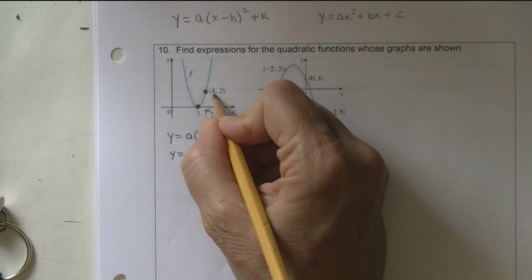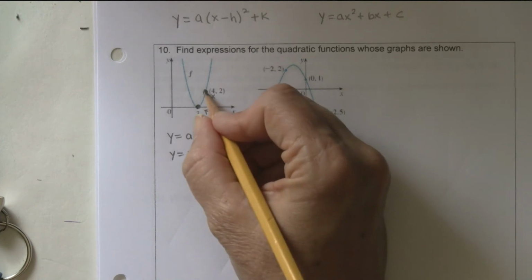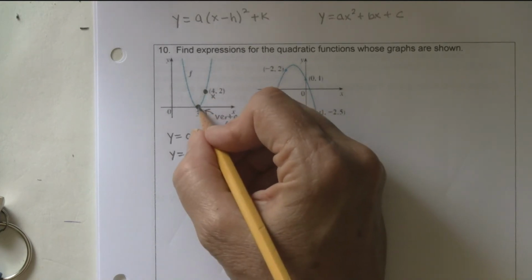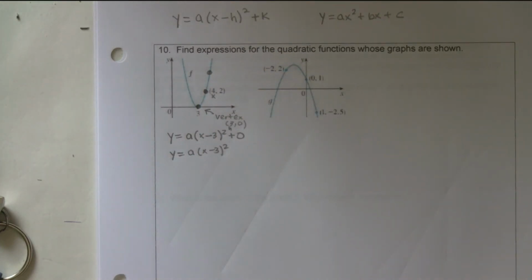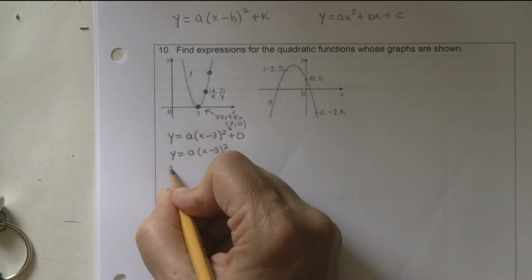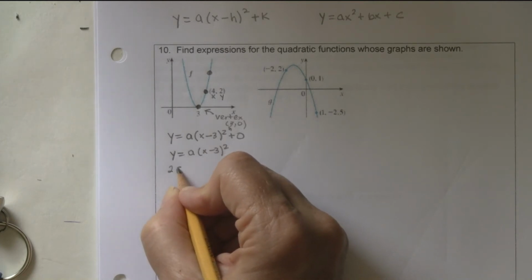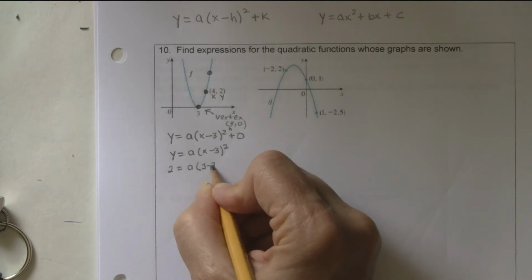So I can put in for x, right? x represents infinitely many values. For this point, x represents 4. And for this point, x represents 3. And for this point up here, x is representing, I don't know, I'm kind of eyeballing it, 6 or so, right? Whatever the value is doesn't matter there, but it's a different value of x. And so I'm going to be able to use that value for x and this value for y to find the constant value a. So y equals a times (x, which is 3, minus 3)